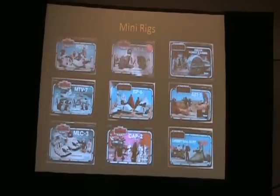One concept, and this speaks back to Chris's thought from the Kenner guys, that we can sell anything if we put Star Wars on it. These mini rigs were just some idea of a toy designer who said, hey, we need a lower price point thing. These ships are, whatever they were back then, $10 or $15, and the figures are $1 or $2. We don't have anything in between. So they wanted to come up with a whole line of this low-priced vehicle line. So they came up with this idea of these vehicles that could have been just off-screen, but were never actually on the screen, but were maybe some ancillary part of the Star Wars universe. So they just made up these things, and the one I like